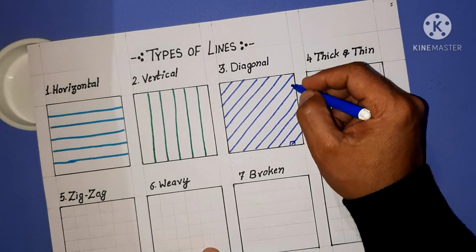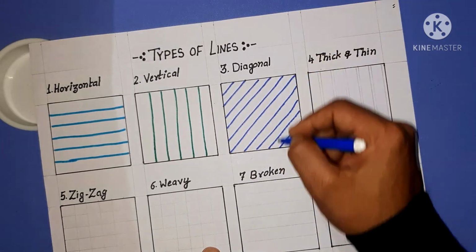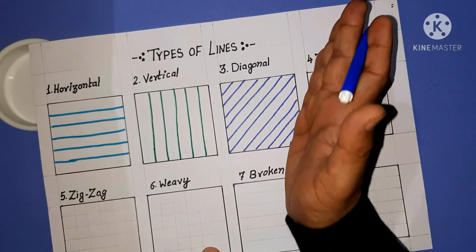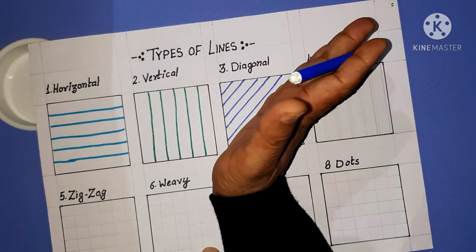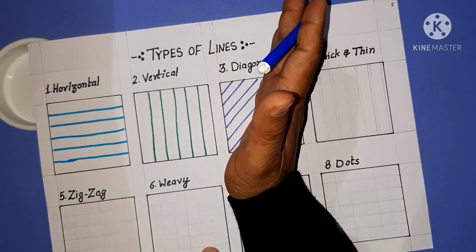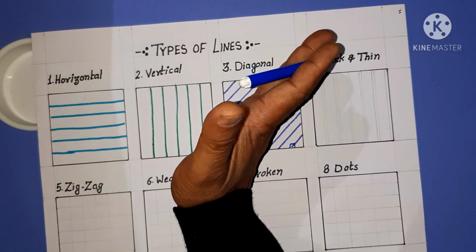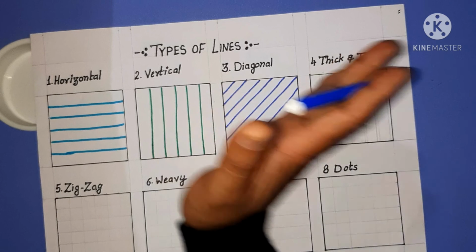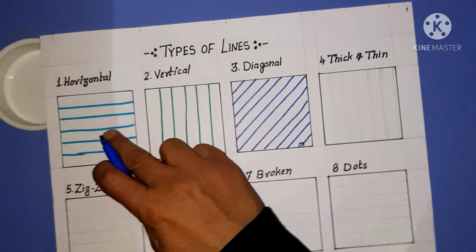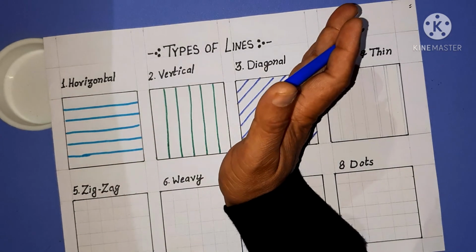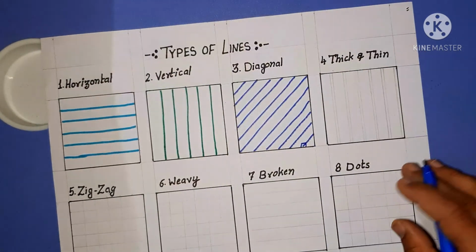And if it goes near to the standing line, or the vertical line, it will adopt the impact of the vertical line. If it goes like this, it will adopt the impact of the vertical line, and if it goes like this, it will get the impact of the horizontal line, right? In whichever ratio or angle it goes, it takes the impact in the same way.